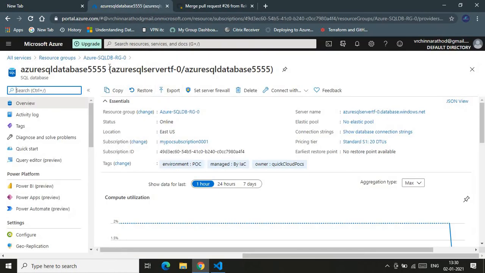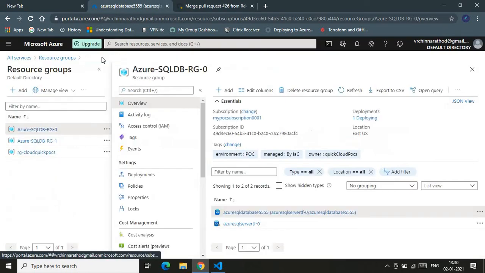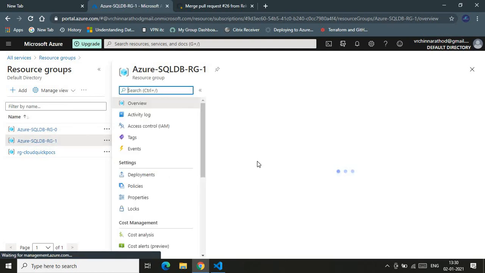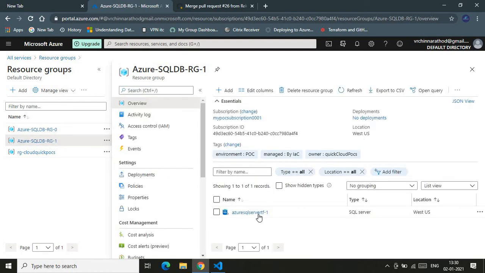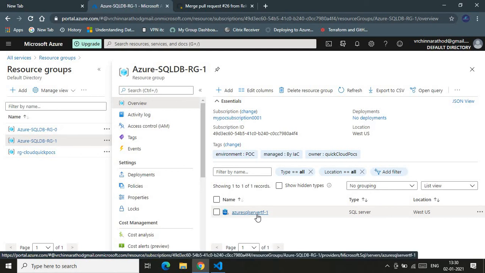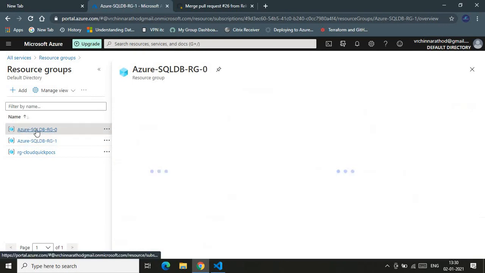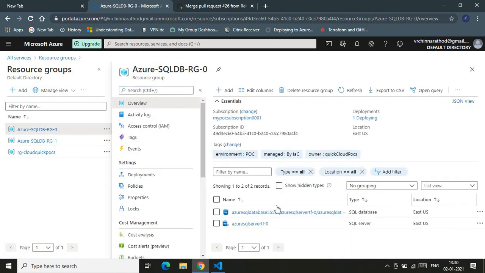In parallel, let me show you what resources have been created in RG01. As you see here, here is the SQL server. It will have only one SQL server but there won't be a database, because the required database is now running in the East US.